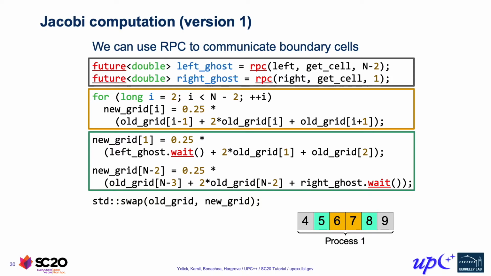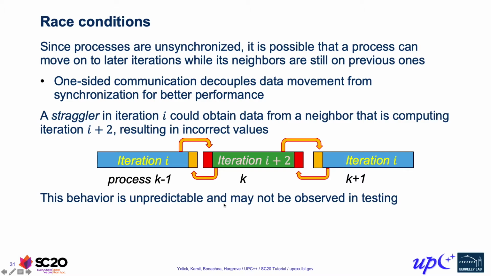Now, one of the things that you might notice is that since we're reusing these grids and swapping them, there's a race condition between the swap happening and other processes' RPCs completing. So if, say, process 0 ends up swapping these grids before its neighboring processes' RPCs actually grab the data, then they'll get the incorrect data. So this is something that we refer to as a race condition. And again, just like we saw with our exercise 1 hello world example, if we want synchronization, we need to ask for it.